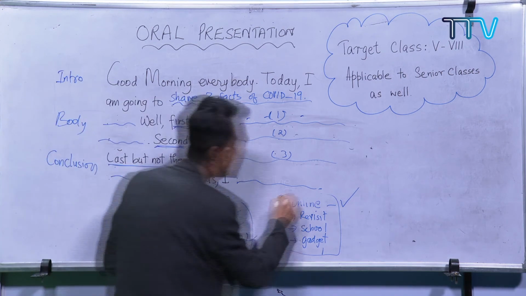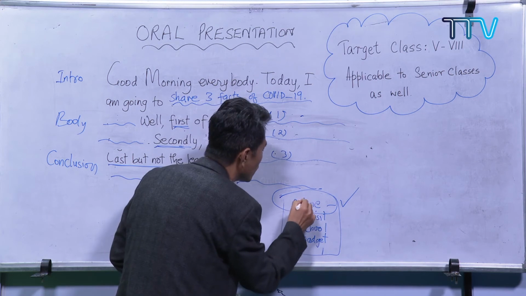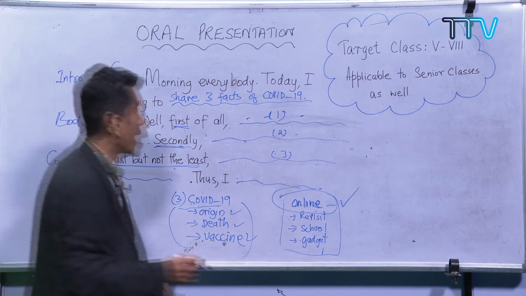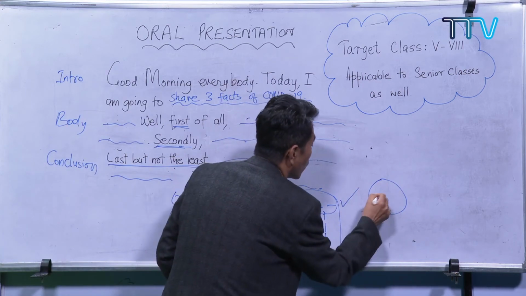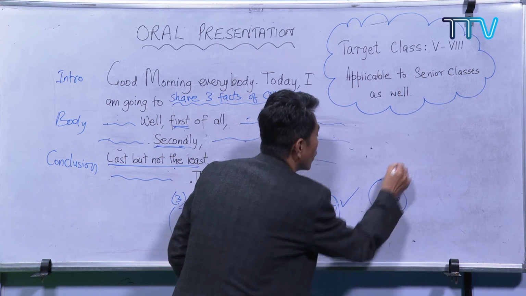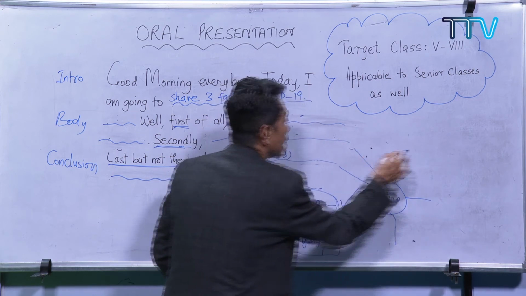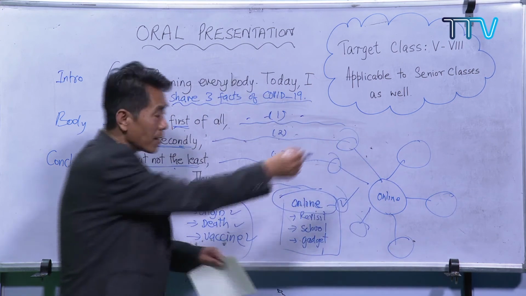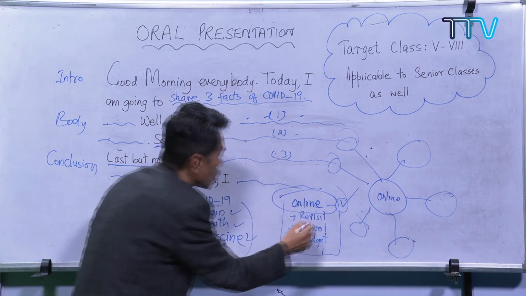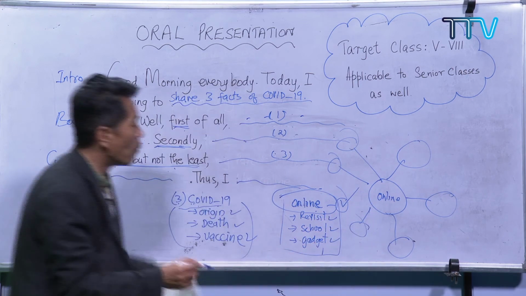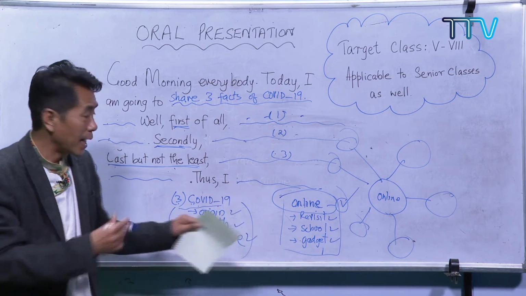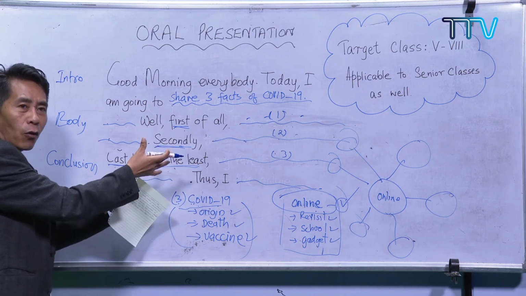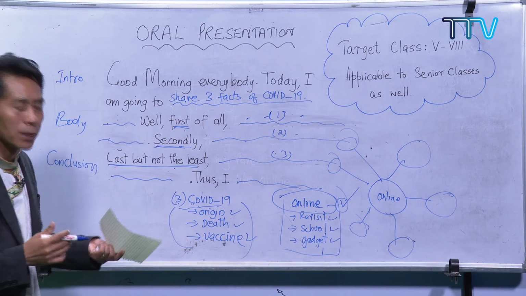The same thing I have done with the online class. In your pre-writing stage, you write why I like online class. Now these are the pre-writing strategy. I just brainstorm and write all the points. You got it? And then I choose out of all these things. I've just chosen the 3 most important topics that I'm familiar with. So like this can be the main text for your oral presentation. Did you understand?